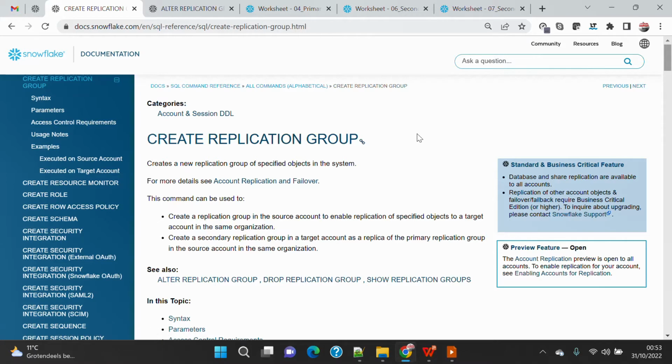This is first. The second difference is that although both are used to replicate objects from the source account to multiple or single secondary accounts, the failover group helps you switch over from the primary account to the secondary account, and your primary account will become the secondary account and the secondary account will become primary. Basically, when you fail over to the secondary account, your secondary account will become read-write and the primary account will become read-only. You can do that using the failover group, which is not possible with the replication group,